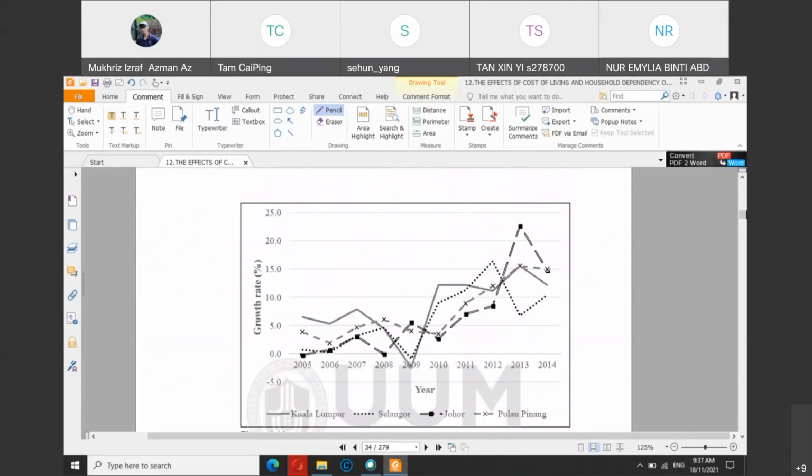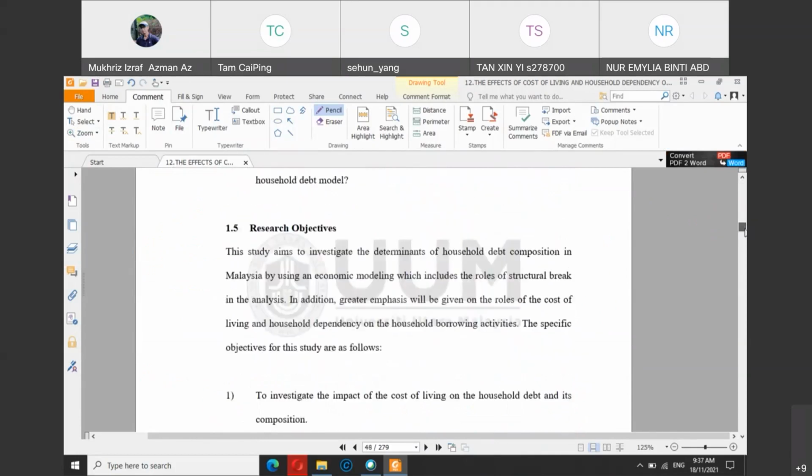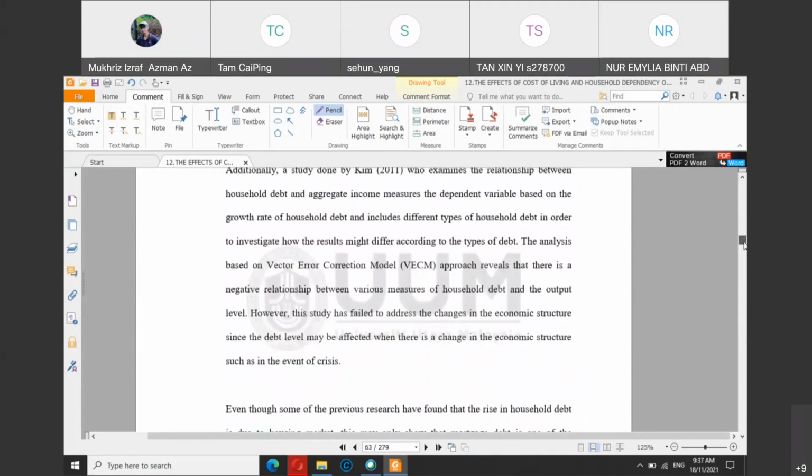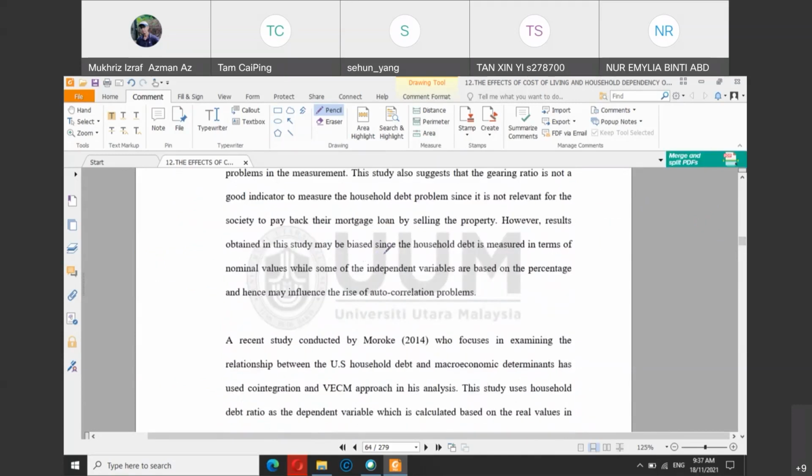So when you read articles, you don't only get information from that article, but also from other people's work. For example, if you look at this thesis, you get information from the main study, but when you go to chapter 2 or any other chapters, you can also find what other people say, and you can use those articles in your own thesis. Okay, understand?